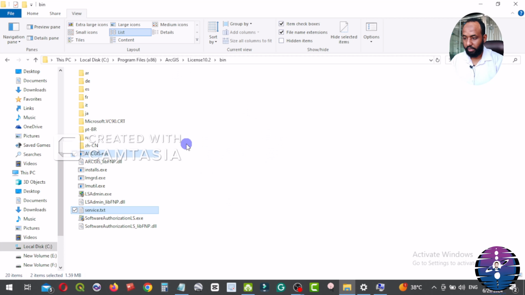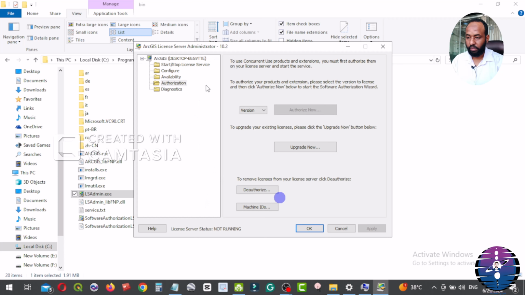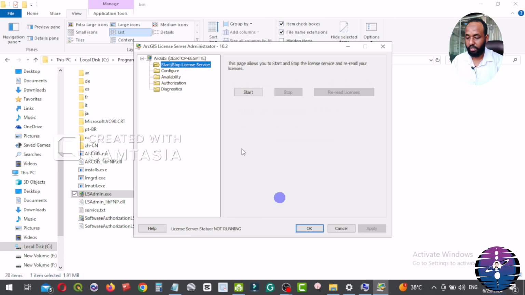Okay, in the same folder here, we go to lsadmin.exe, double click. Yes. From this window, we want to activate the license reading. We click on Start License, Stop License Service, Start Stop License Service.